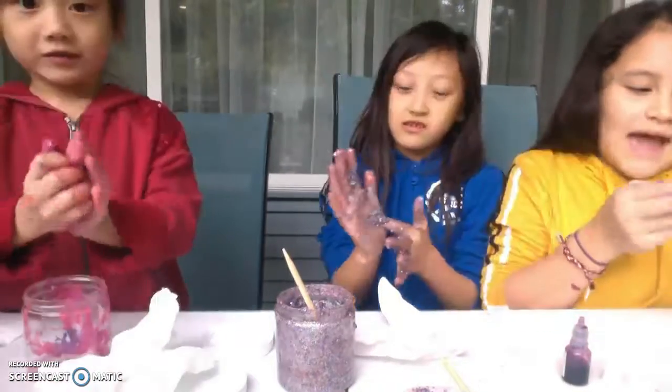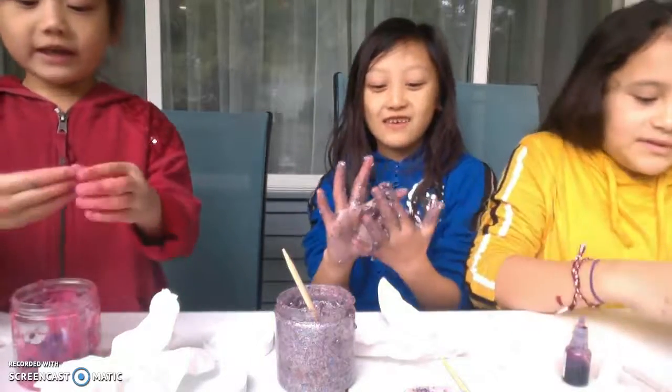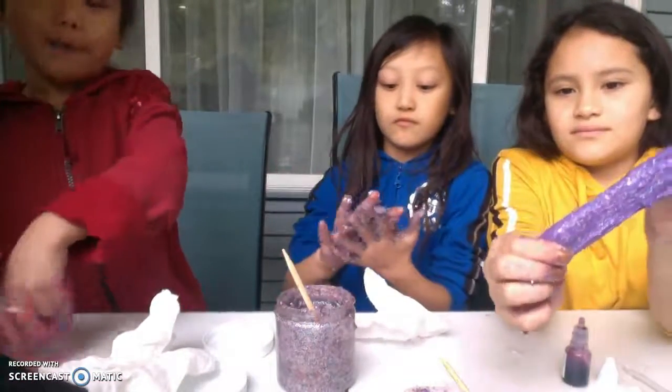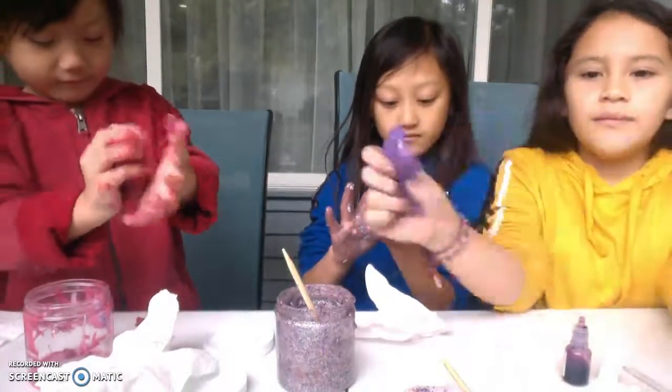I want to feel. I was so disappointed. I think my slime is a fail because my hands are like this. I was so disappointed. My hand is a fail because my hand is like this. Yeah. And I keep forgetting to have an eye. It wasn't bad, but it's